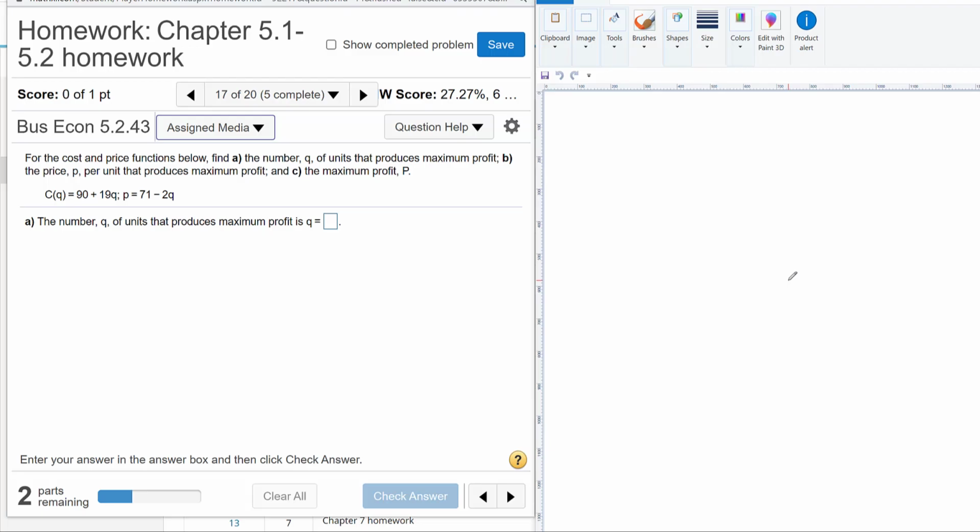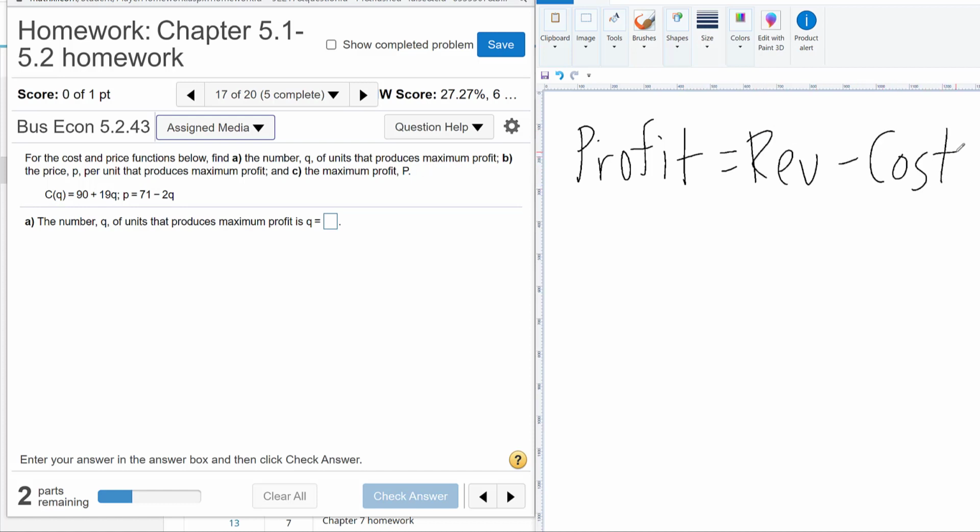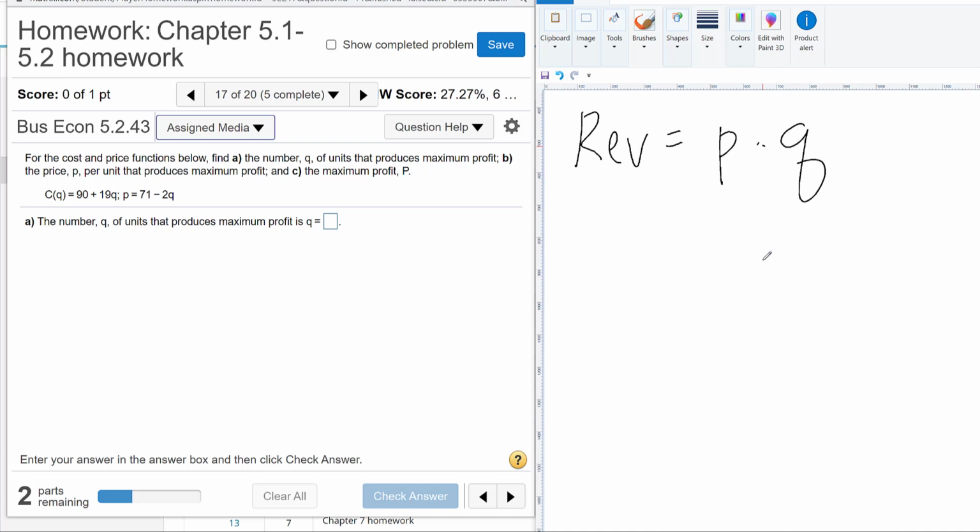Number 17. For the cost and price function below, find the number Q of units that produces the maximum profit, the price P per unit that produces the maximum profit, and C, the maximum profit. So it's important to remember here that profit equals revenue minus cost, and revenue equals price times quantity. So we know the cost function and we know the price, but we don't know the